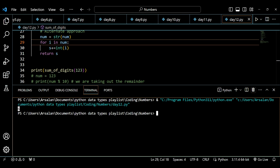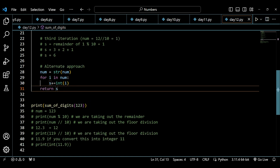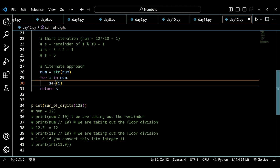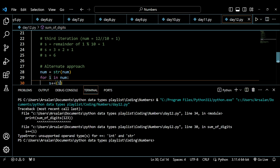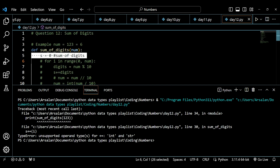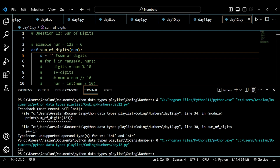So what I did here, guys, is a very simple approach. I just converted the number into a string and ran a loop, and on each individual iteration I've shown you what we get: 1, 2 and 3. For 1 it will add 1, and if we remove this int from here, it will give me nothing but 1 2 3 only. See, it gives an error, because this s is an integer value. If I create an empty string here, it will give me 1 2 3 in the form of a string,